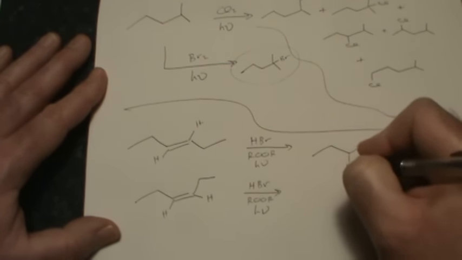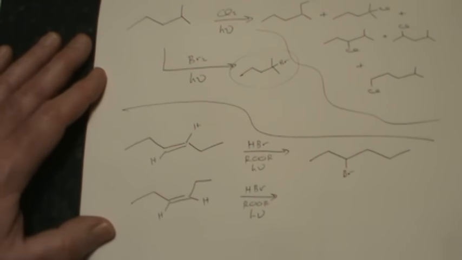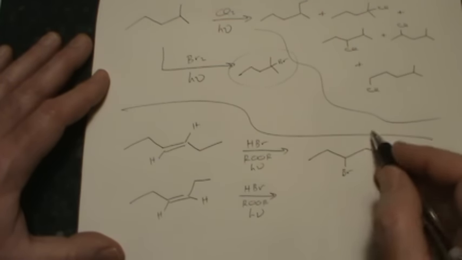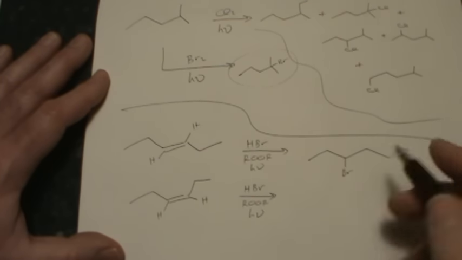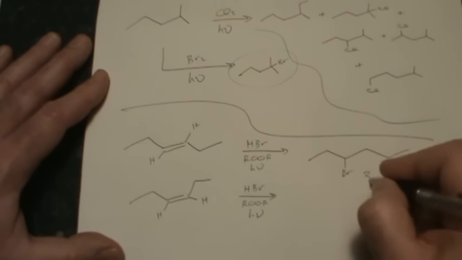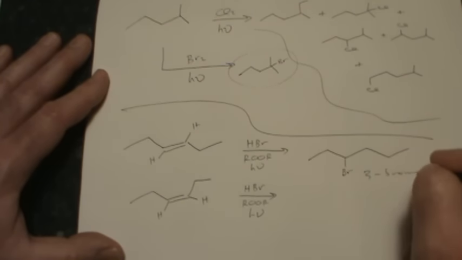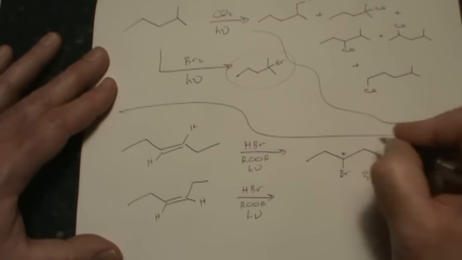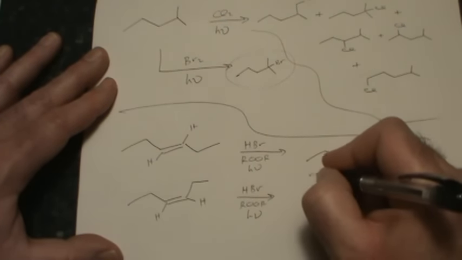And again, if that's confusing to you, then draw them both out and you'll see that in both cases, whether you added hydrogen here and bromine there, or vice versa, you get 3-bromohexane. Now this is a chiral compound, and so we know we're going to have to form this as a